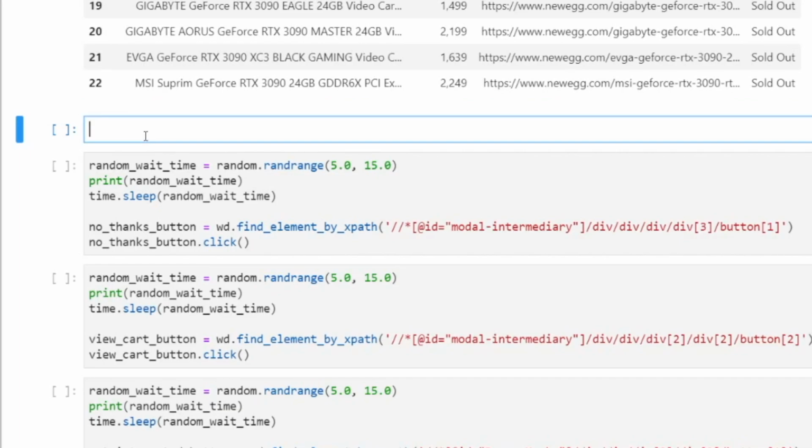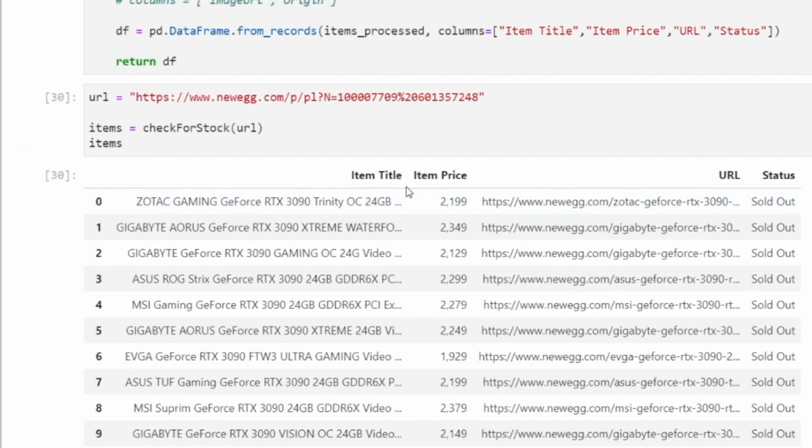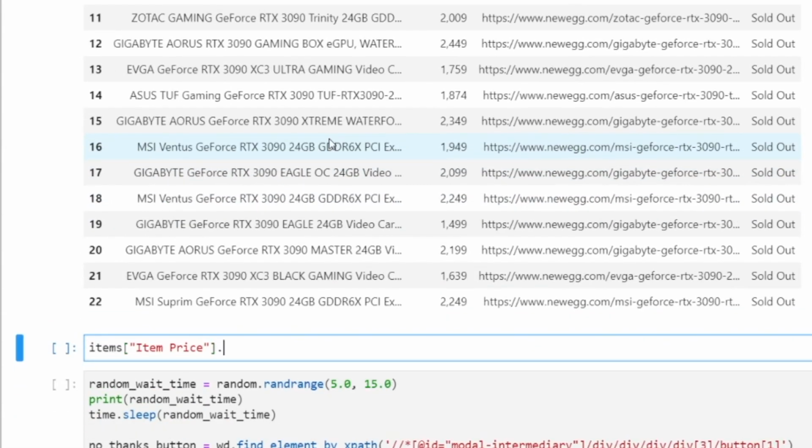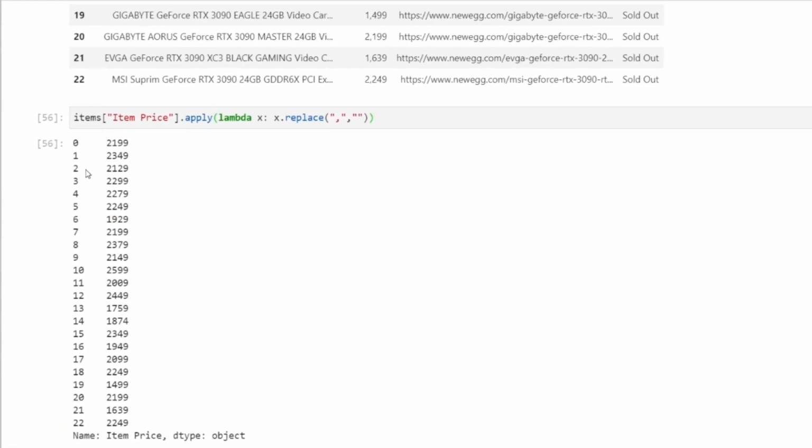So let's clean up the price column here. So items, item price, and I'm going to apply a function. In Python, it's called a lambda function. It's very useful. So I'm going to do lambda x, and then x dot replace, and give it a comma, which is what I want to replace, and replace it with an empty string. As you can see, this is the result of removing the comma.